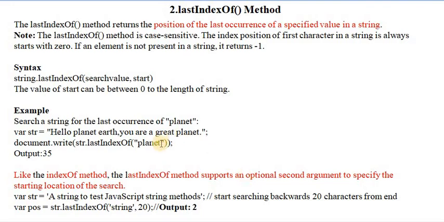It supports an index value, that is the second argument, to specify the starting location of the search. This is the example where we add the index value.